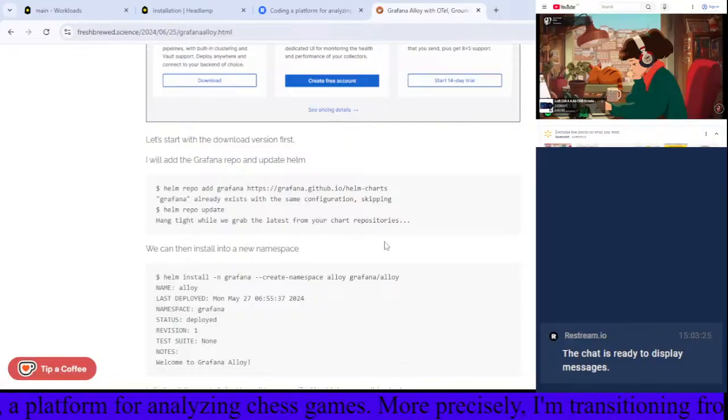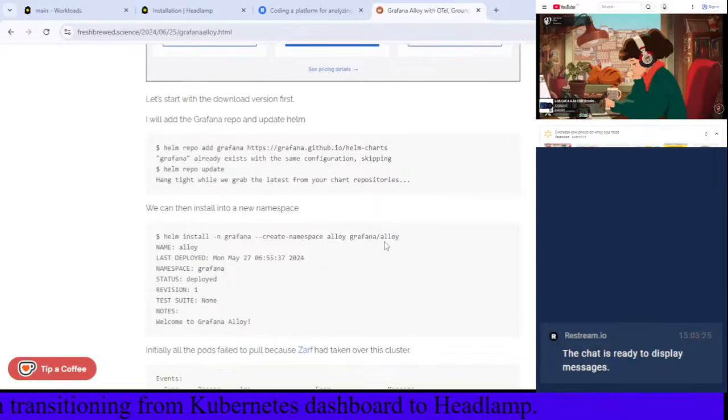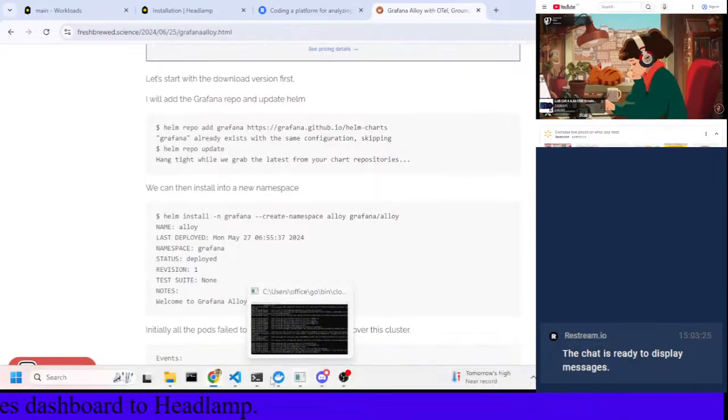Let's start with the download version first. I'm adding the Grafana repo and updating Helm. Yeah, we already have it. So if we check